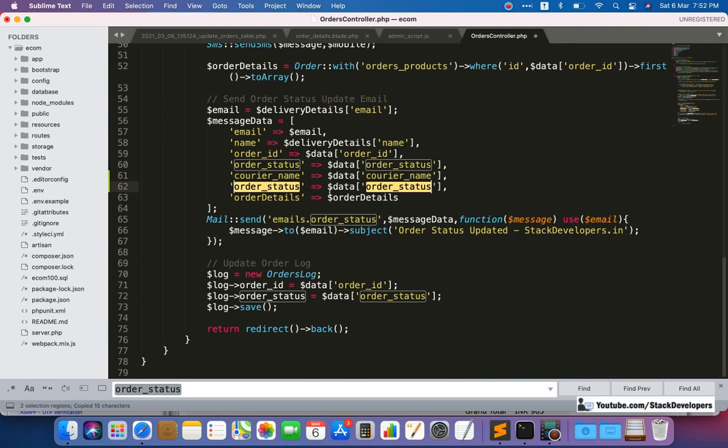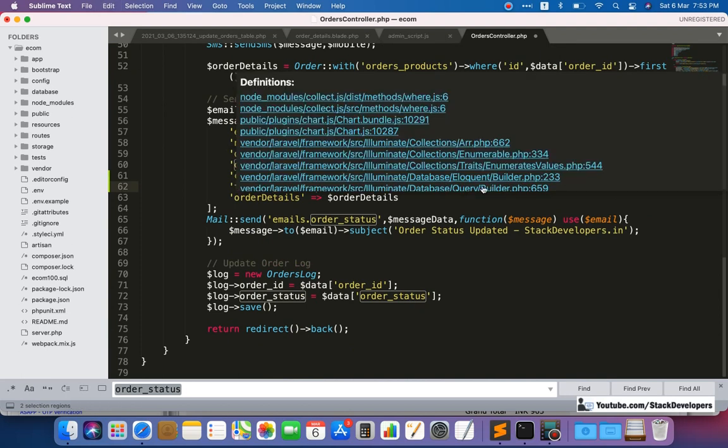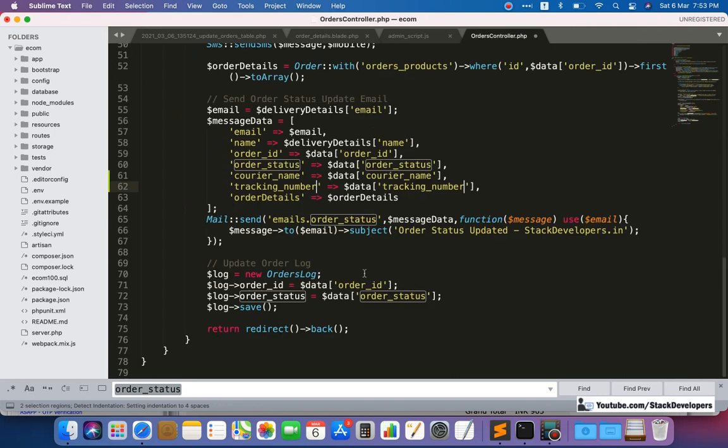Okay, here both we are going to give like this. Sorry, so we will add, see, we have added both order status and courier name. Now we are going to add these both in email as well.